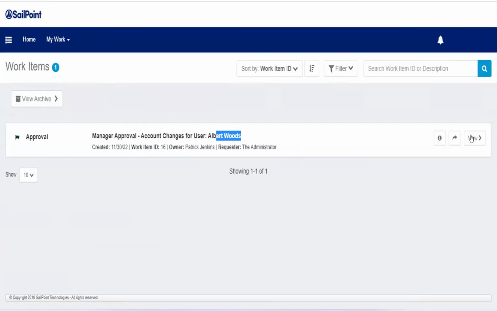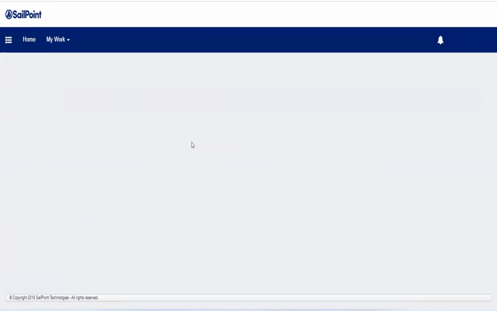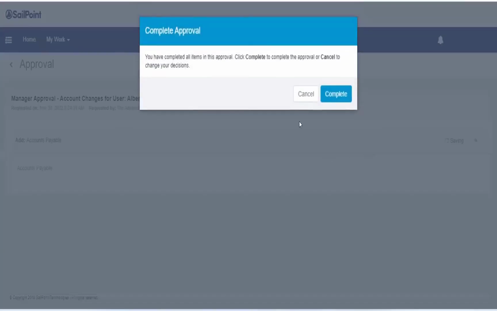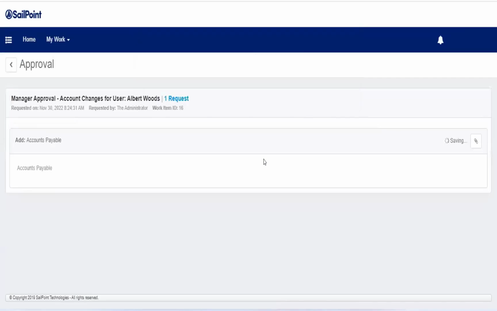You can check. Just open that and click on approve. So the accounts payable role will be added to this identity,